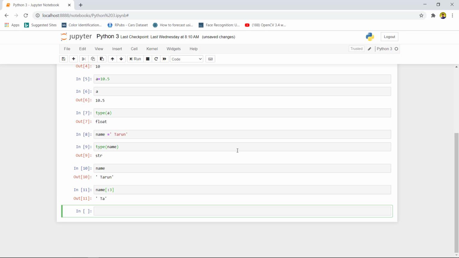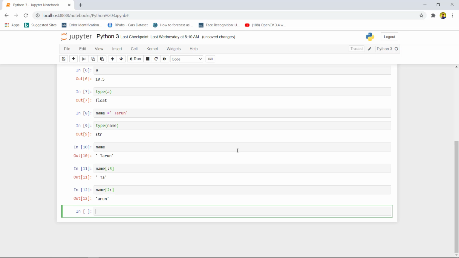First is a space, then a letter T, then an A. Now if you want to start your name with the second letter, you can use this function again by typing this command, 2 colon. Now you can see we have got ARUN because it started from the second character.